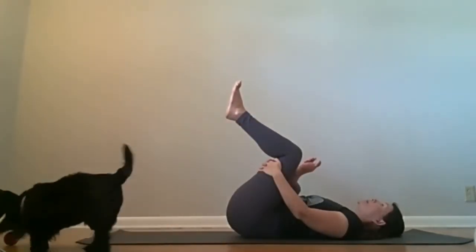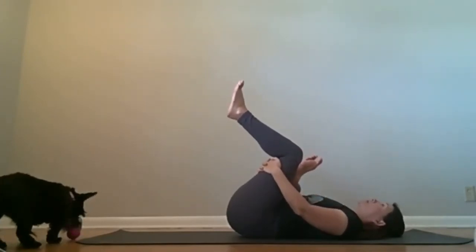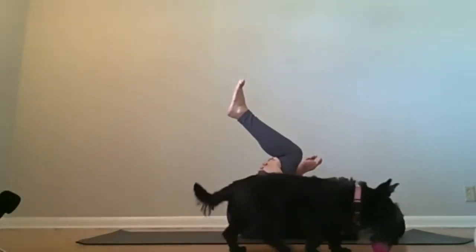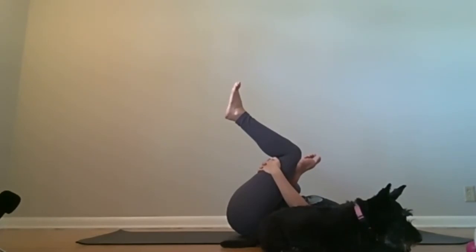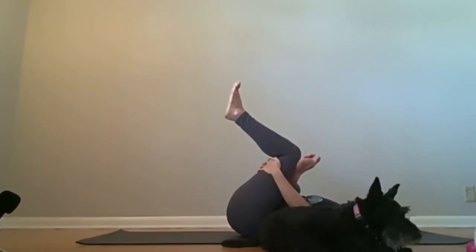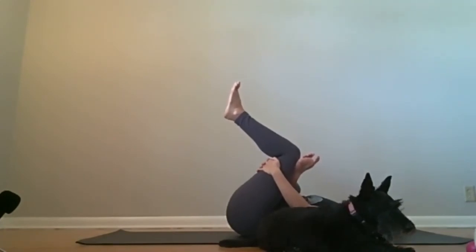The root chakra is something to pay attention to. If you notice that you spend a lot of your mental energy worrying about money, right? Sometimes we do have to worry about money, but maybe if it's not really logical, that would be something to think about. In times of transition, anyone that's going through a breakup, divorce, or a big move, like a move to a new home, the root chakra needs some energy. Anyone that's experienced trauma, any kind of form of abuse, the root chakra needs a lot of extra attention